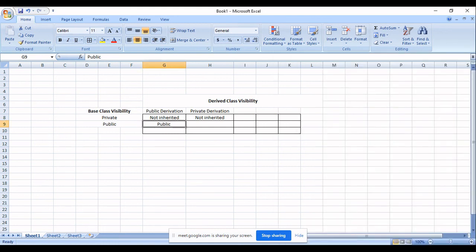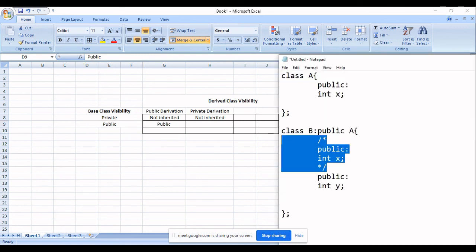Okay. And now another combination. Data is public in the base class, but you are deriving it privately. I mean this X has public visibility in base class and you are deriving it privately.